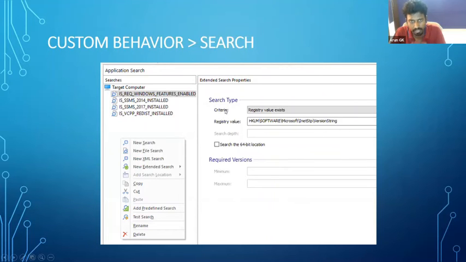This one is an example for extended search. Under that, we have criteria and registry value. Under the criteria, what type of search, registry value, registry key name exists, like that. We can have different types of criteria available there, and for what value you have to search, that is the registry key, like that we can provide it here, registry value.